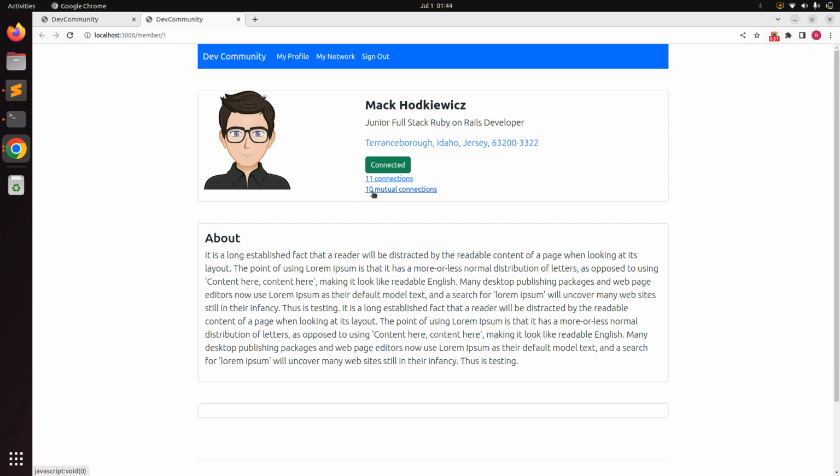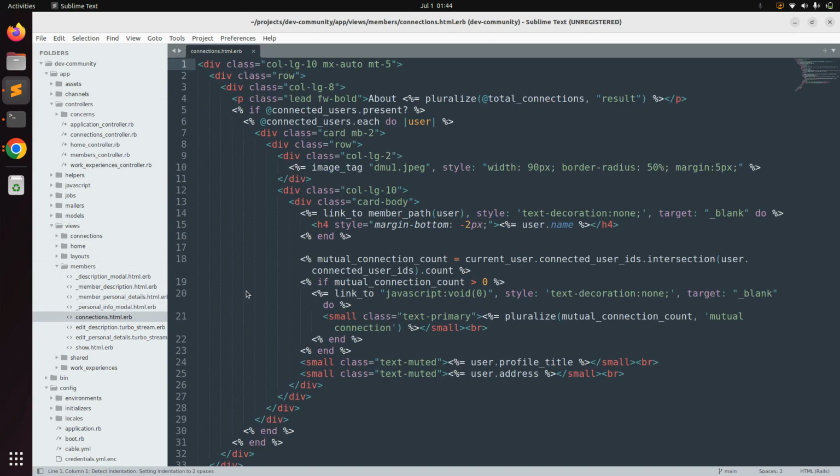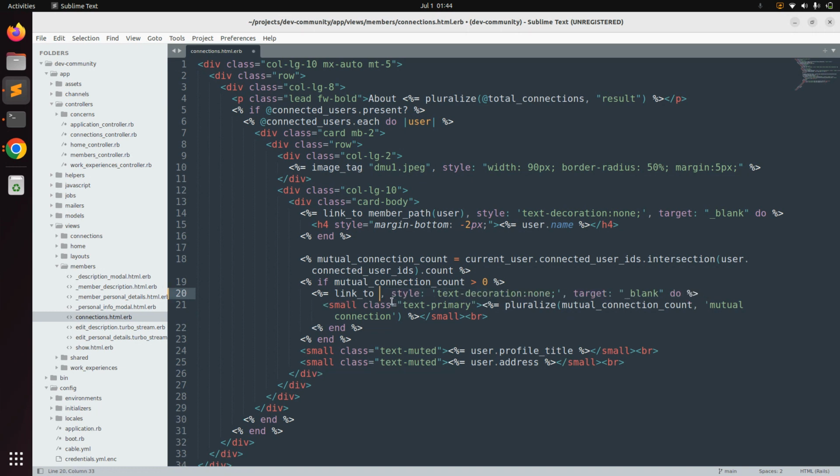First, go to the connections.html.trb in app views member. Switch to the project directory, and from the members view directory, open this connections.html.trb, and here you can see that we provided this dummy mutual connection link. Now we just need to replace this javascript void 0 and provide a dynamic link. So what we can provide is member connections path,